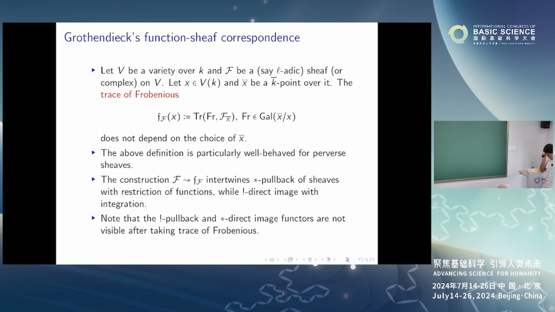So maybe you know the six functor formalism of sheaves. You will realize that there are two other pullback and push forward that cannot be seen after taking this trace of Frobenius, namely the Schriek pullback and the star direct image. They are forgotten after you take this trace of Frobenius. And this actually